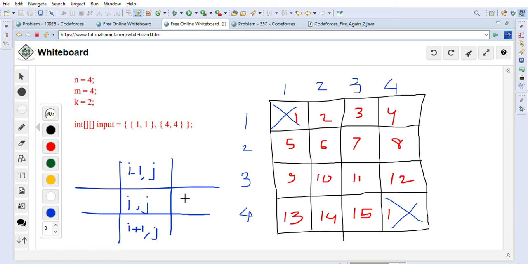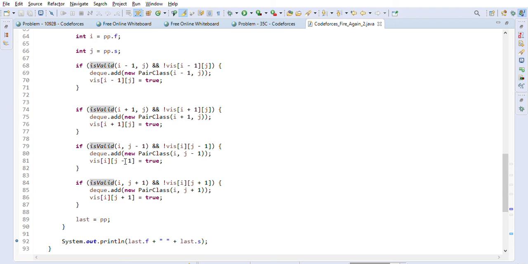After that, i comma j plus 1 is this cell, and this other cell is i comma j minus 1, right? So we are visiting all these cells as long as they are valid, meaning they are not going outside of the boundary of the matrix. So that's what we are doing here.